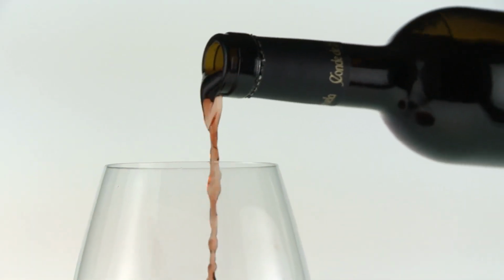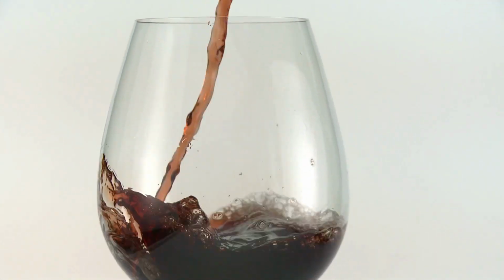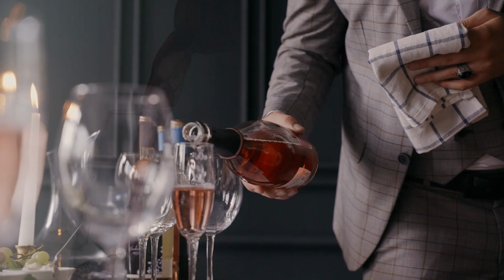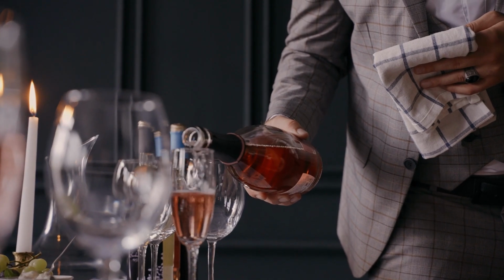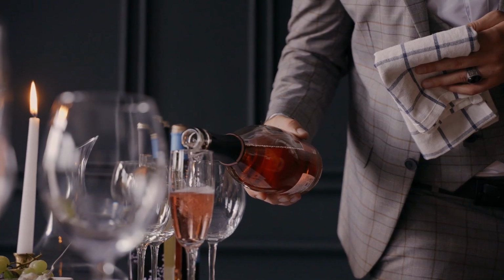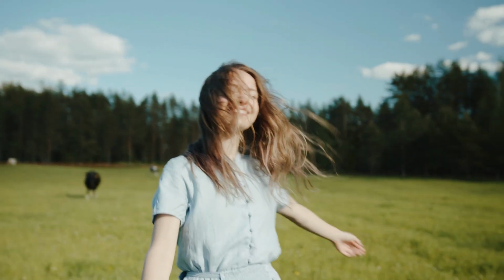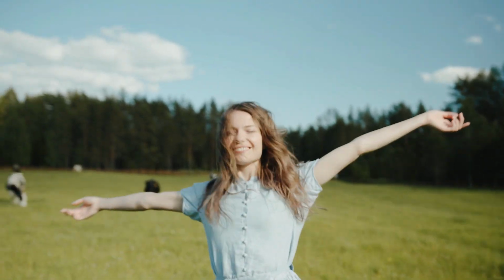Finally, Vienna is a wine-producing region, so don't miss the opportunity to try some of the local wines. You can visit a Heuriger, a traditional wine tavern, to sample some of the local varieties. Section 4: Insider Tips. Here are a few insider tips to help you make the most of your time in